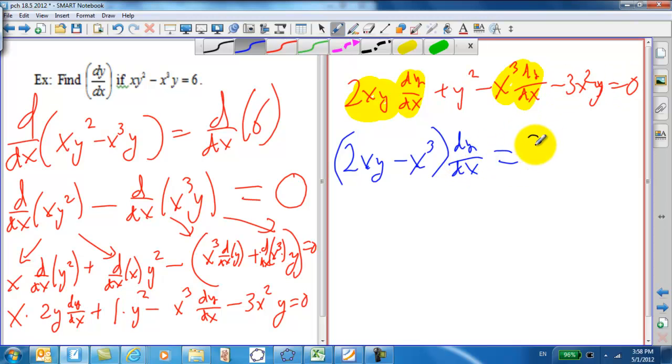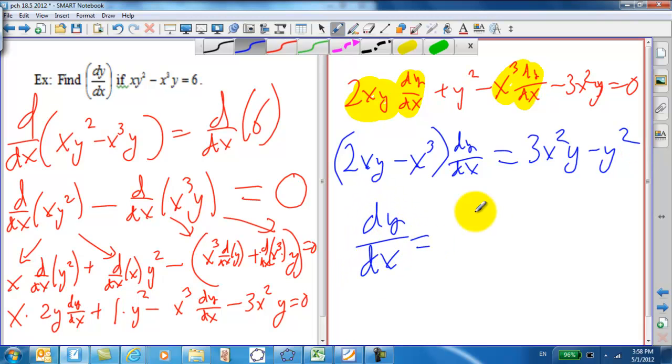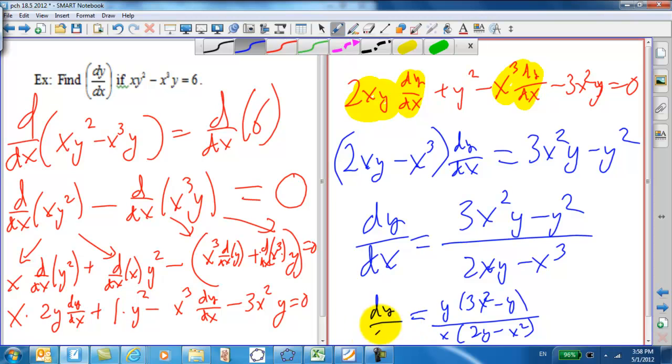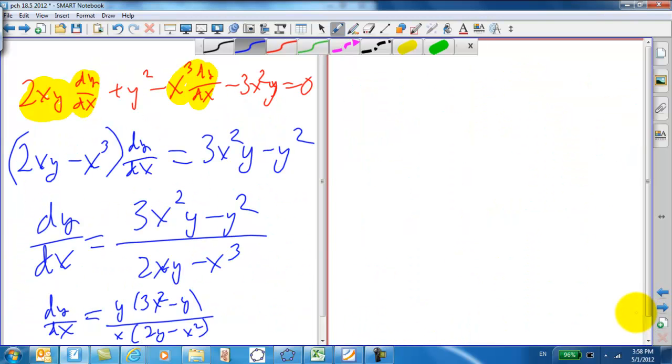I'm going to move these to the other side, 3x squared y minus y squared. And now I divide both sides by the coefficient on dy/dx: 3x squared y minus y squared over 2xy minus x cubed. Now, I suppose out of the top we could factor out a y, leaving behind 3x squared minus y. And out of the bottom you could take out an x, leaving 2y minus x squared. But it doesn't reduce at all, so I would accept either. Now here's your check